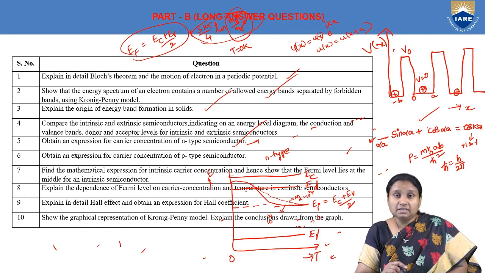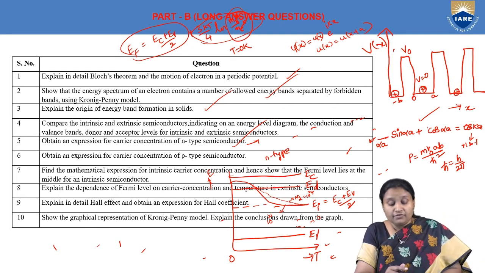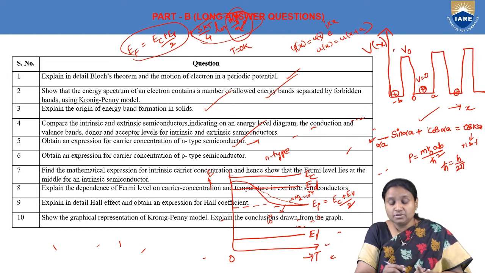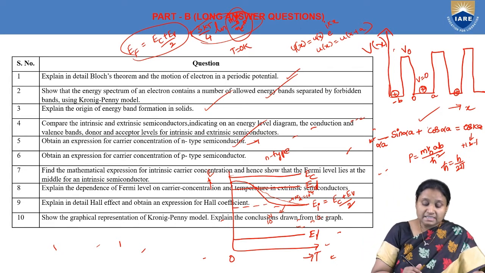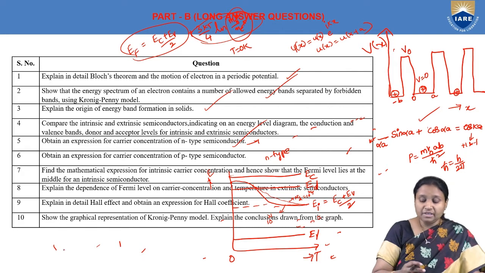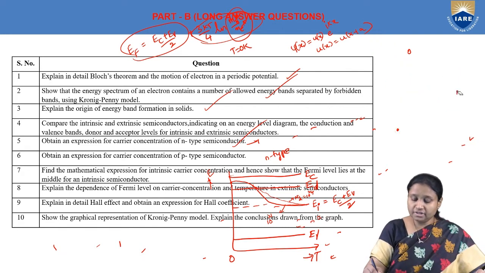So you'll observe that the lowering of the Fermi level from (Ed plus Ec) by 2 to the intrinsic Fermi level, which is (Ec plus Ev) by 2, will be fast in case of lower doped material compared to highly doped material. And similarly, if we talk about p-type semiconductor, so if we take p-type semiconductor, here in this